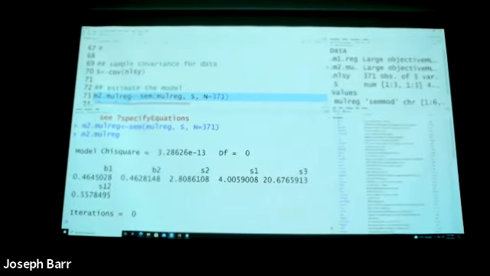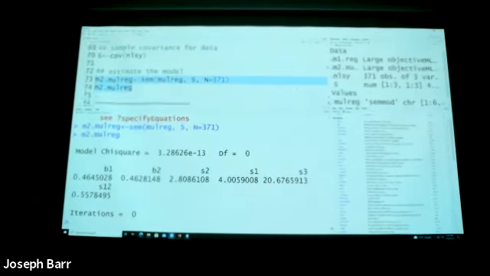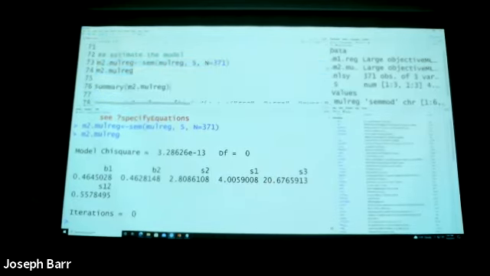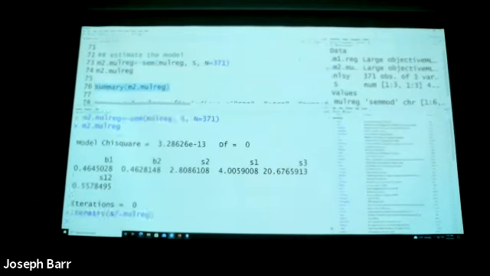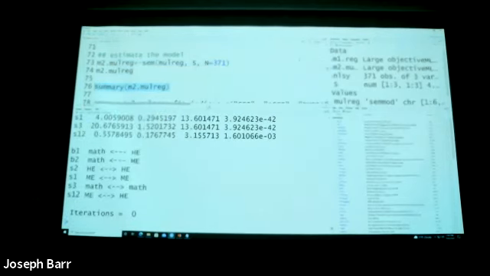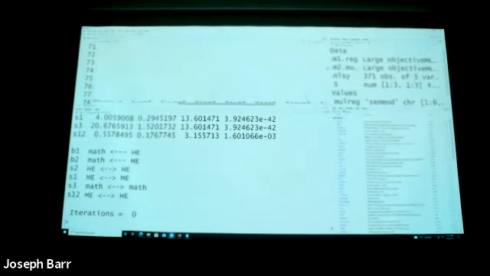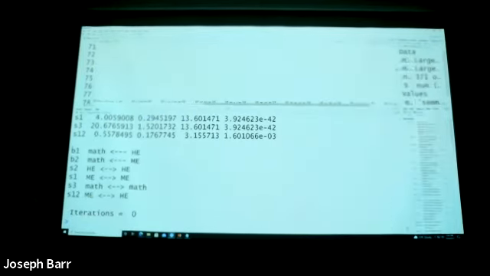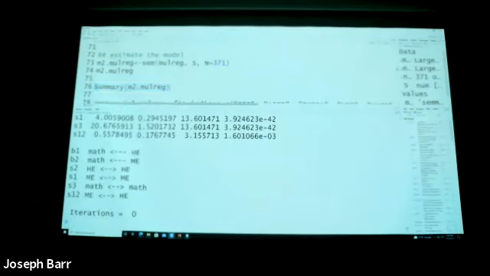So let's look at the detailed information, the summary of the result. Okay, so summary. This is large. Let's run again.